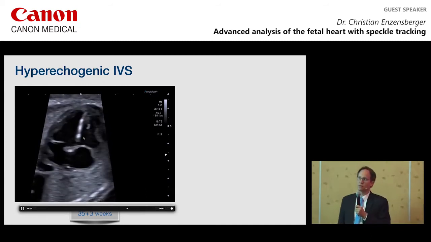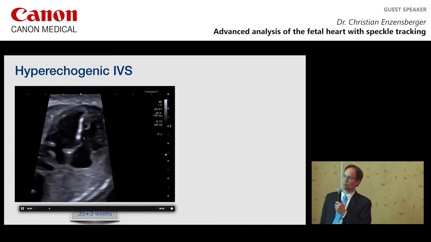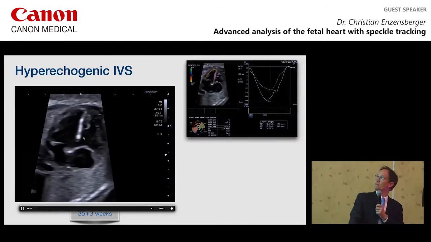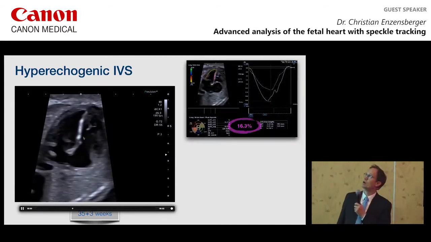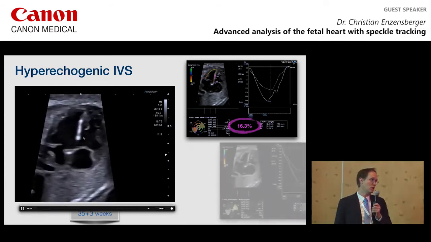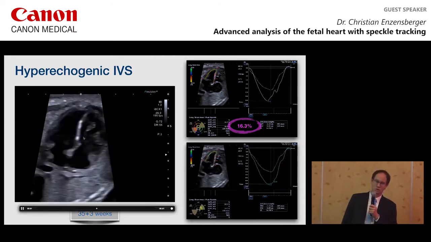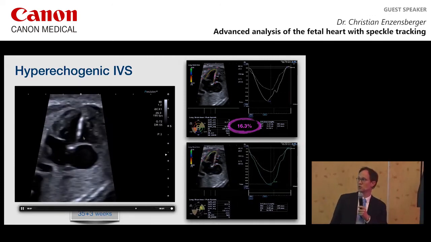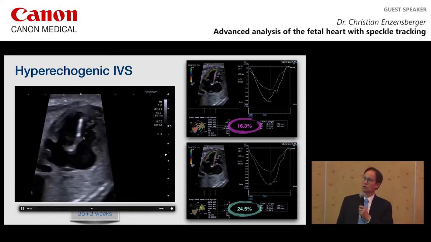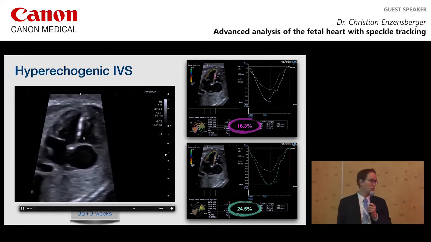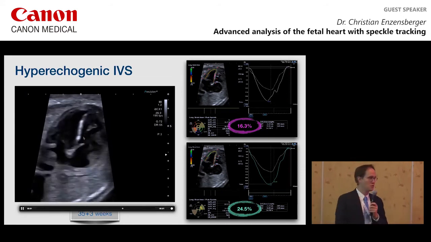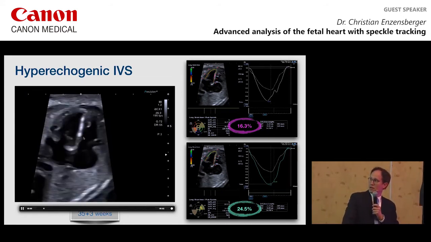That's the reason why we first looked just at the morphology, and what we could see is that within the segmental analysis, there was no difference to a normal heart. So at the end, the contraction of this heart is totally normal, and we tried to calm the patient down